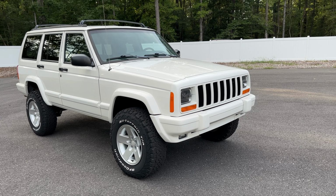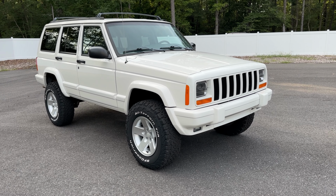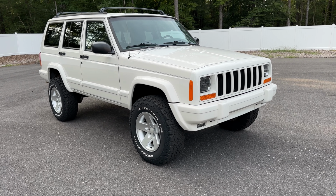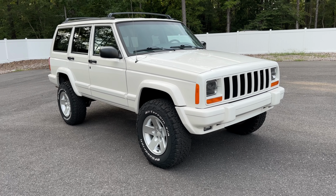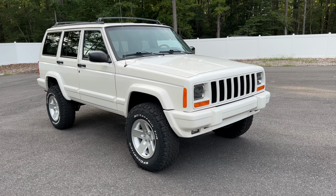So really good opportunity. This Jeep came from Florida. It had 105,000 original miles on it. Came in excellent condition. The body was very straight, no rust. The undercarriage was very clean. Everything I'm going to spout out here is not the full build, so make sure to go to our